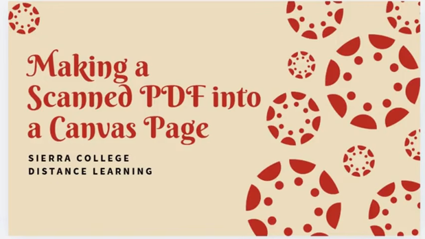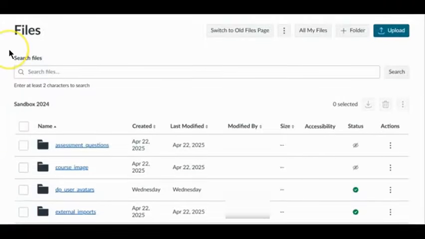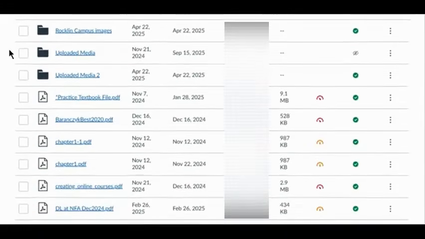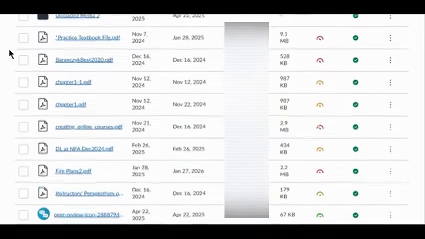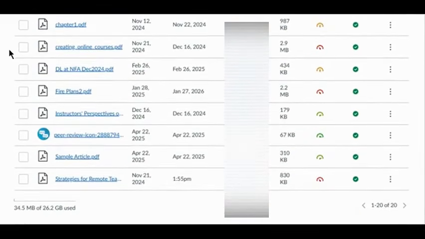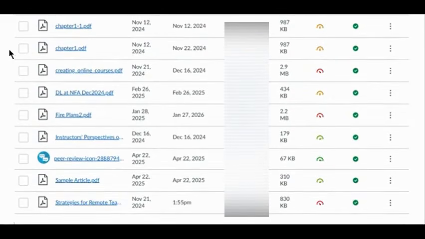Our first step is to go find that scanned PDF that we have in our Canvas course. I'm going to hop into my sandbox. And here I am on my files page. So you can access your files either from the files page or by finding them within your course and viewing them in the preview. So if you're on your files page, like I am here, you will see your list